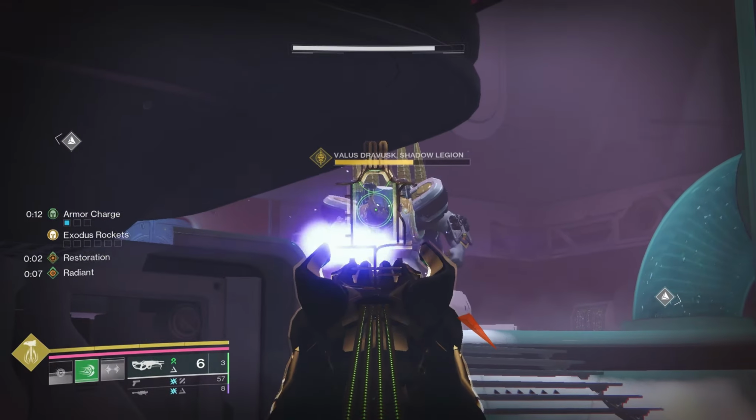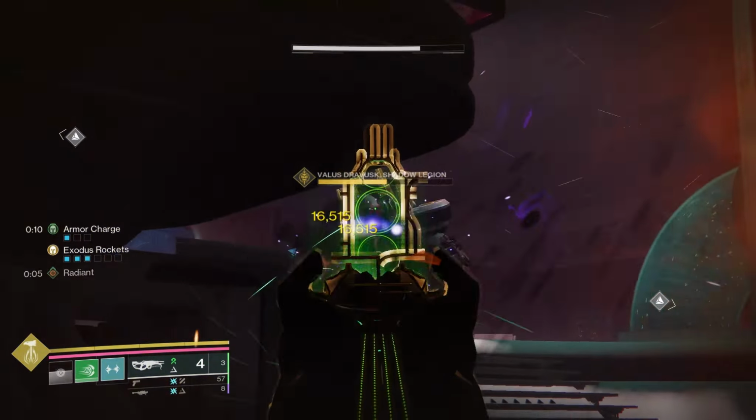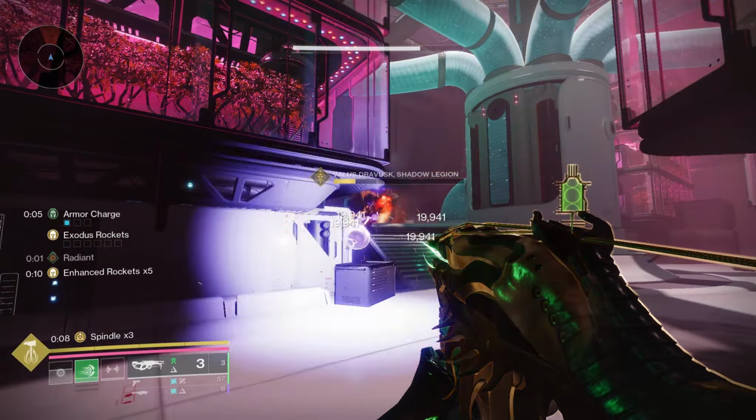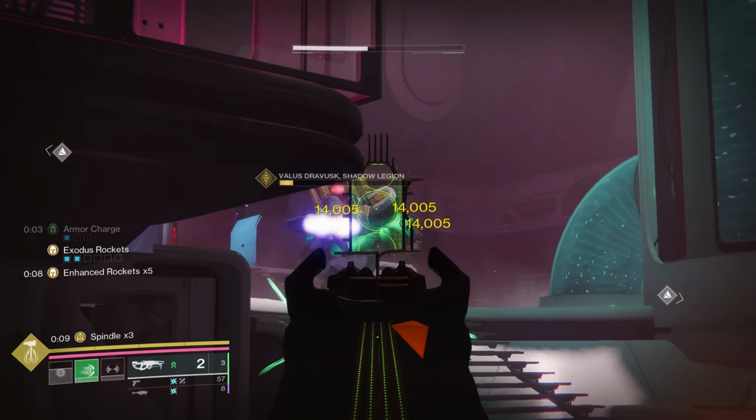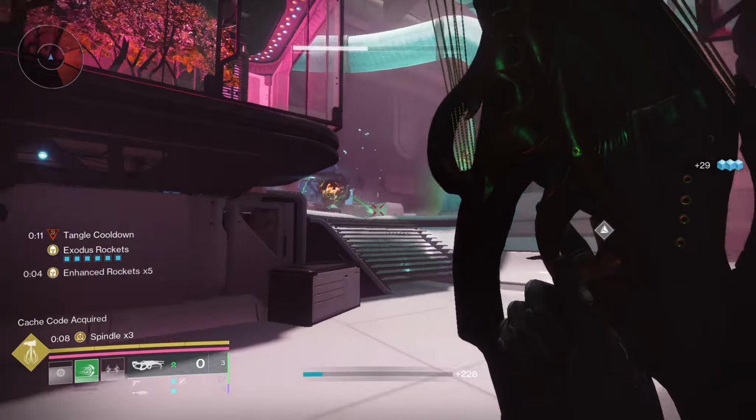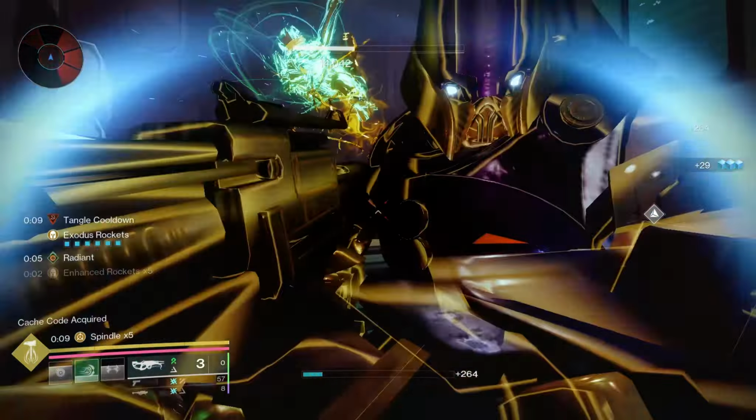If you want the best hazardous propulsion build possible, you should be running Euphony. Now this might seem counterproductive. What exactly does a linear fusion rifle have to do with buffing and generating rockets? But for this, I want to draw your attention to this part of the description given in the Destiny data